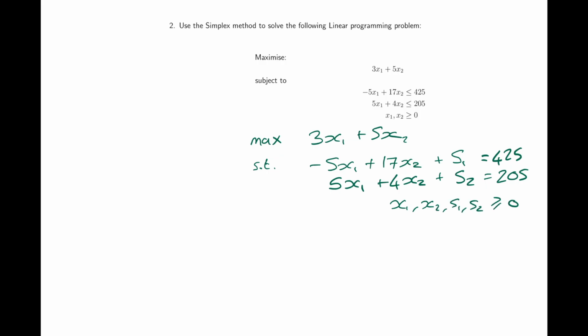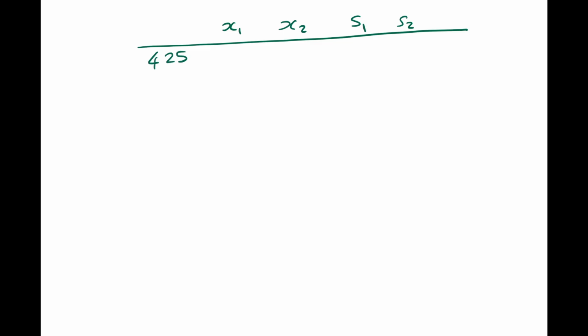s2 are all non-negative. From this we can write down our initial simplex tableau, where our columns will correspond to each of our four variables, x1, x2, s1 and s2. Every row will correspond to a constraint. So the first constraint, our right hand side, which I'll put in the left hand column, was 425. The coefficient of x1 is minus 5, x2 is 17, s1 is 1 and s2 is 0. Our second constraint,